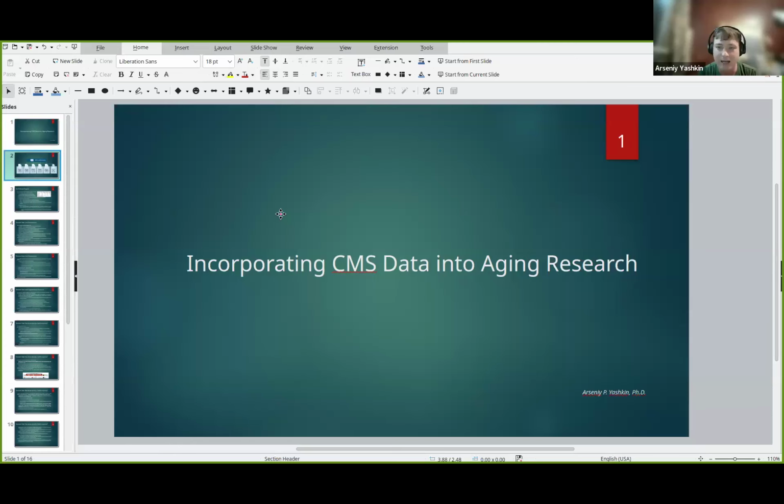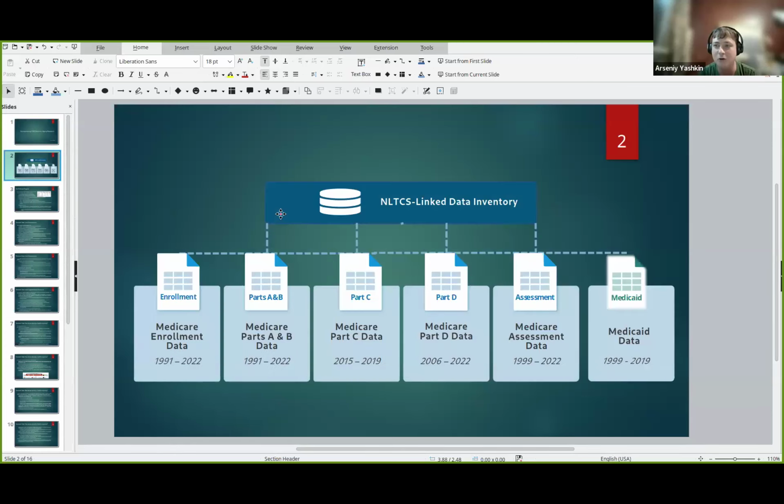So I went ahead and I plagiarized this slide from the fine folks at Linkage. Now, what I'm going to point out here is that although pretty much all of the CMS components, with some caveats, are going to be available, not all years are available for all sources, which introduces some very specific data analysis problems. So the Medicare enrollment data, by default, they're given 1991 through 2022. We are working on giving you the pre-1991 data as well. We have them in Duke, but there's some hurdles for us getting them out of Duke and into your hands.